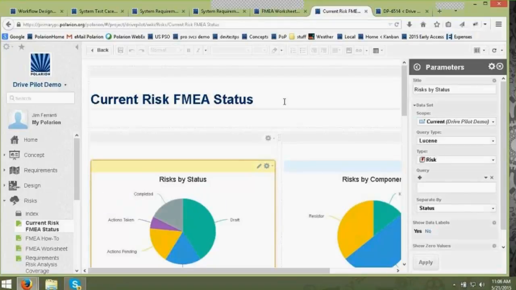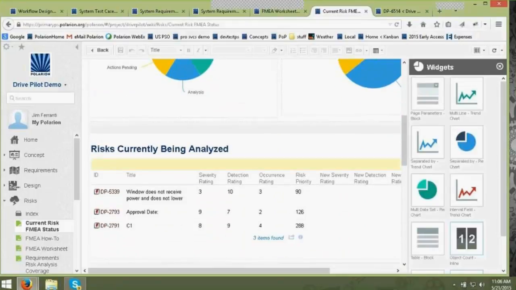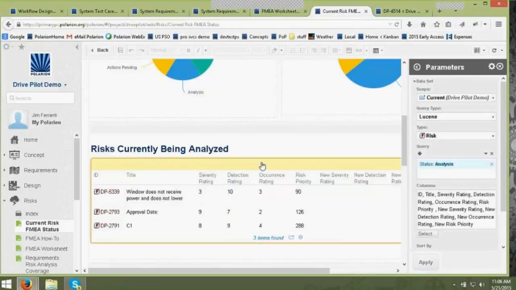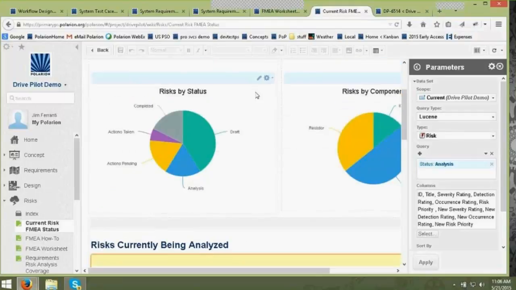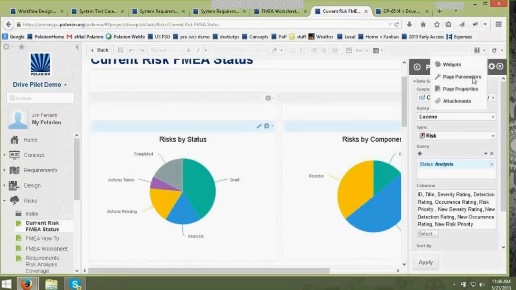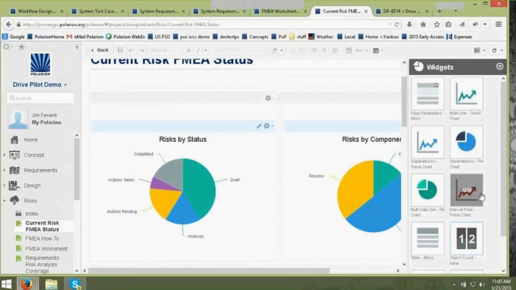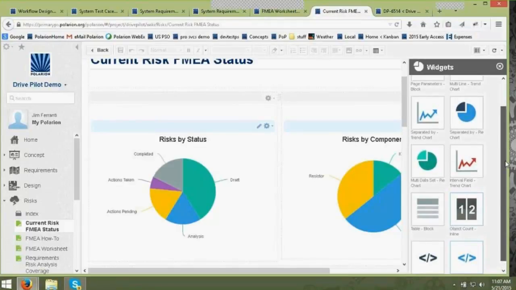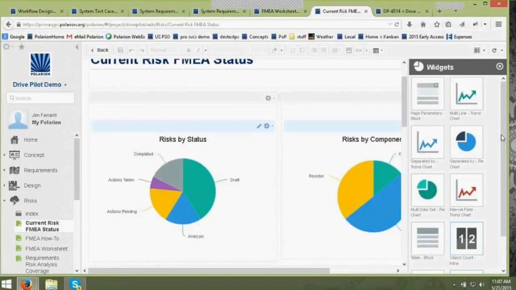Same concept down here, a little different approach, but the same idea. This is a block reporting widget. So I came in here and just told it the information that I'm interested in reviewing, and it built the report for me. So this is our new approach where we can just identify widgets and drop them into a page. As you can see, we have several out of the box. Widgets can be created by customers. They're going to be created by us as well and added to the library.